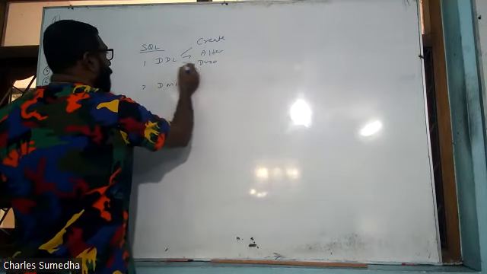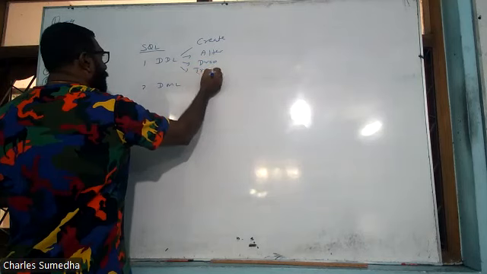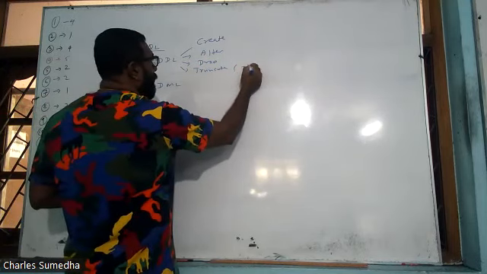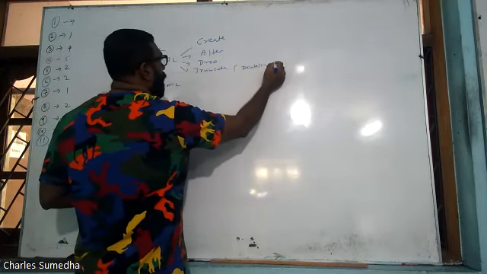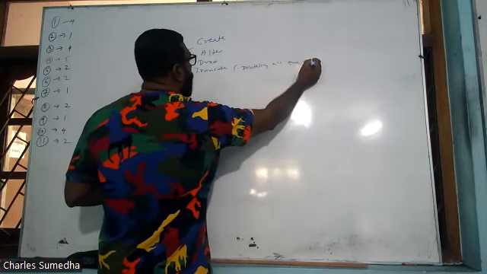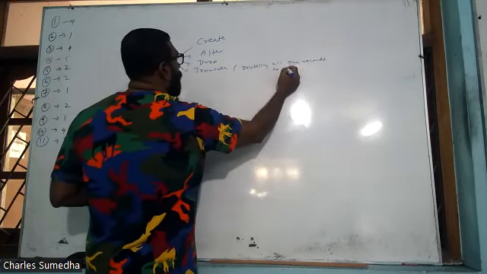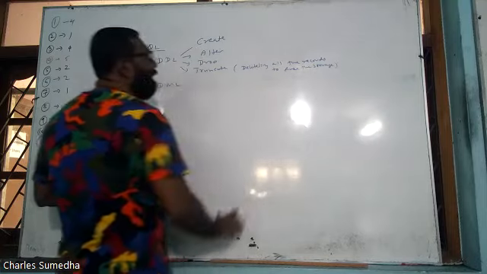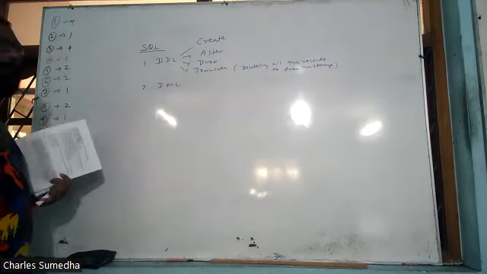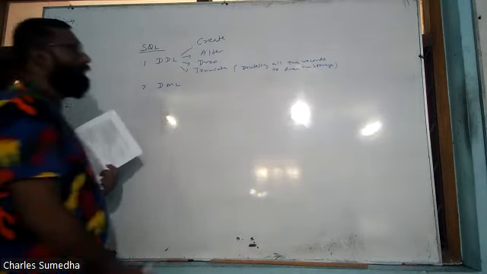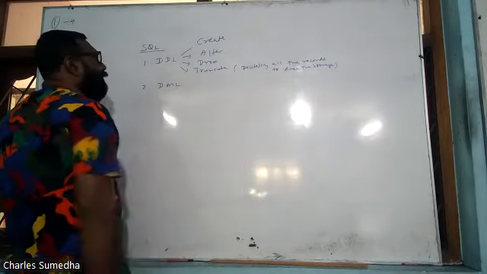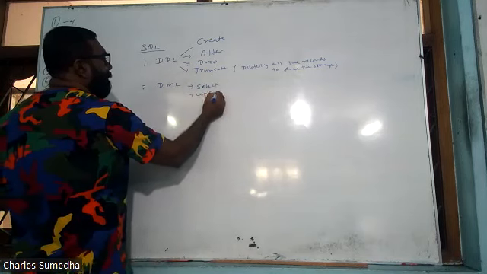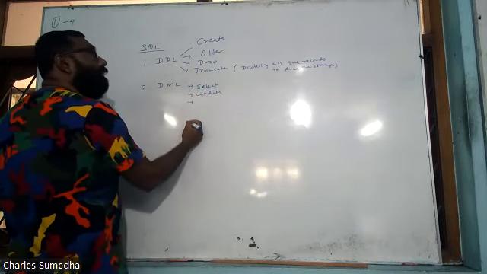Drop and truncate. Truncate means we are deleting all the records to free the space, the storage. So with truncate you can remove all the records to free the storage. So we have create, alter and drop. Then in DML, select, then update, yes, insert,